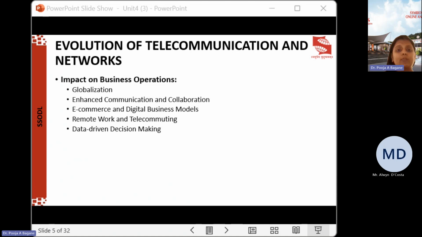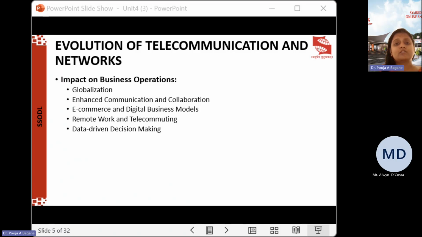Then there's remote work and telecommuting. Already we have discussed this: on account of the telecommunication network, employees have been able to work remotely, from their home. They can take on telecommuting jobs that permit them to log in from anywhere in the world with internet access. Because of that, it redefines the work-life balance. It saves the time and money for commuting from one place to another, and it allows firms to acquire information about a much greater number of potential applicants.